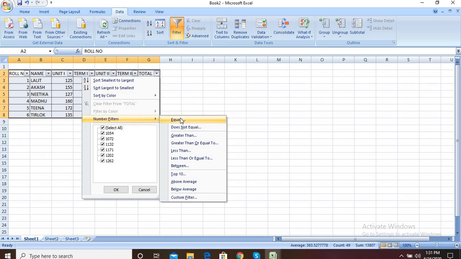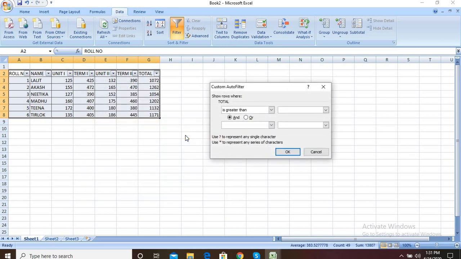When you click on Number Filters, you see the options: Equals, Does Not Equal, Greater Than, all the options are there, but we have to select the Greater Than option. So click on Greater Than. When you select it, the Custom AutoFilter window will come. You have to write the number 1100 because we want only those totals that are greater than 1100.